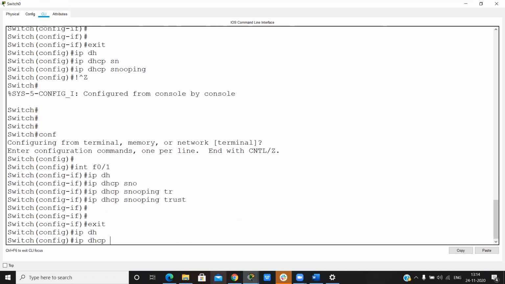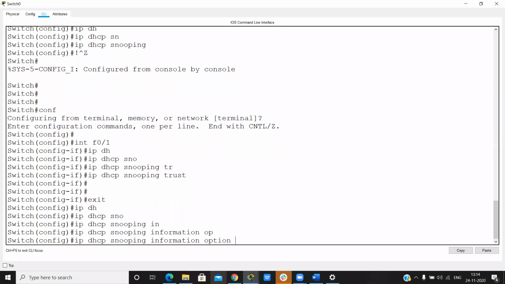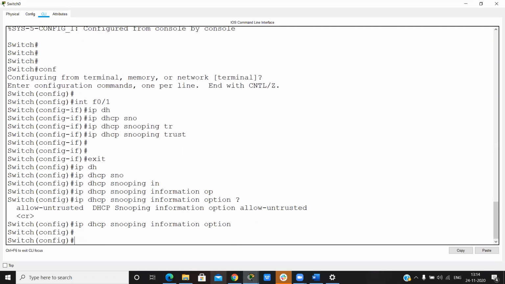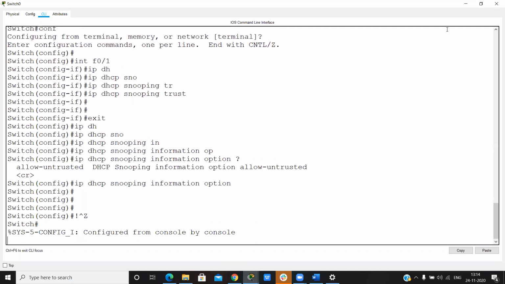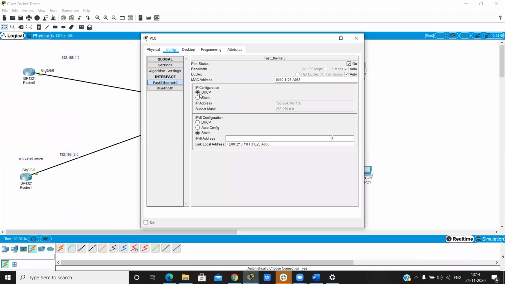So run the command no IP DHCP snooping information option. Then it disables this option. Now we get IP only from the trusted server, otherwise it does not take any other IP.